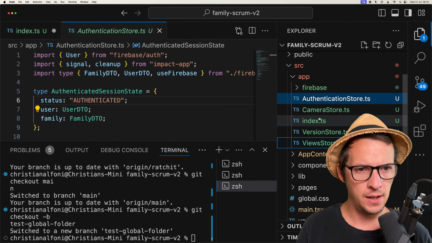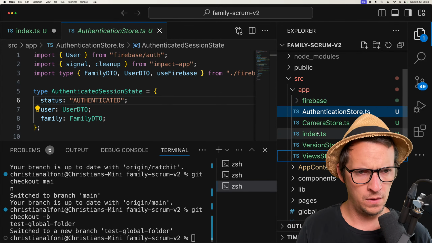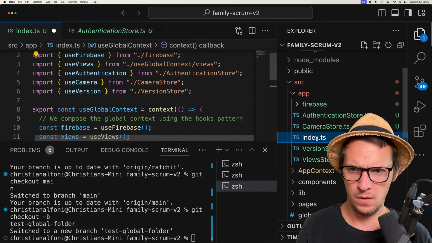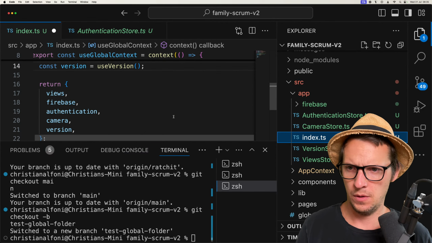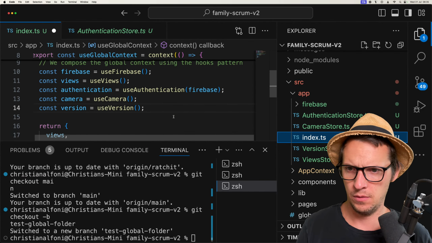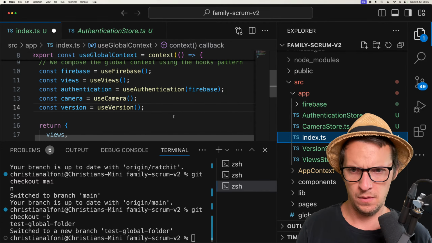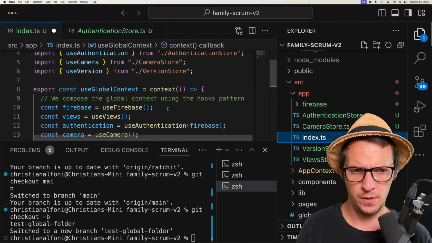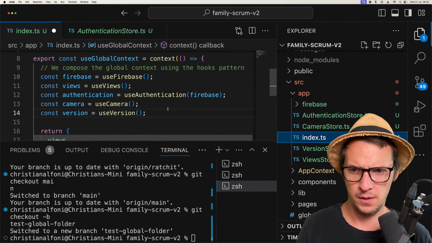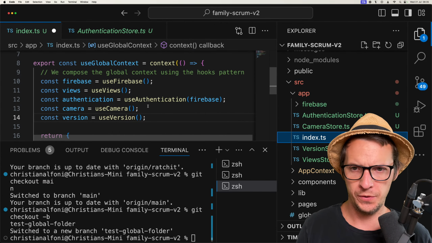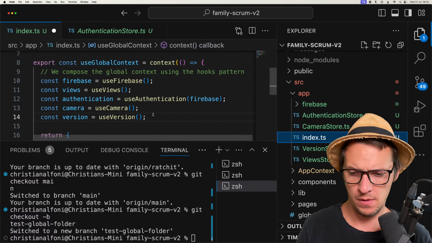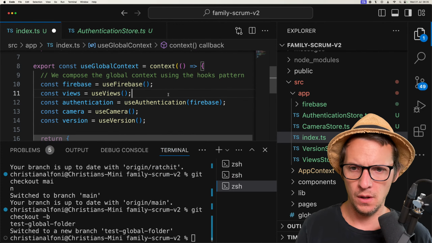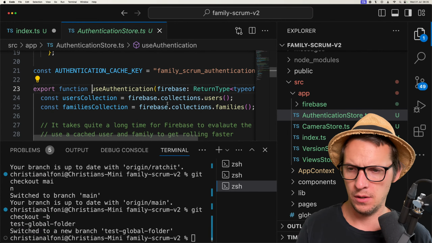Now, the point is that here we have the authentication store. And then use authentication.